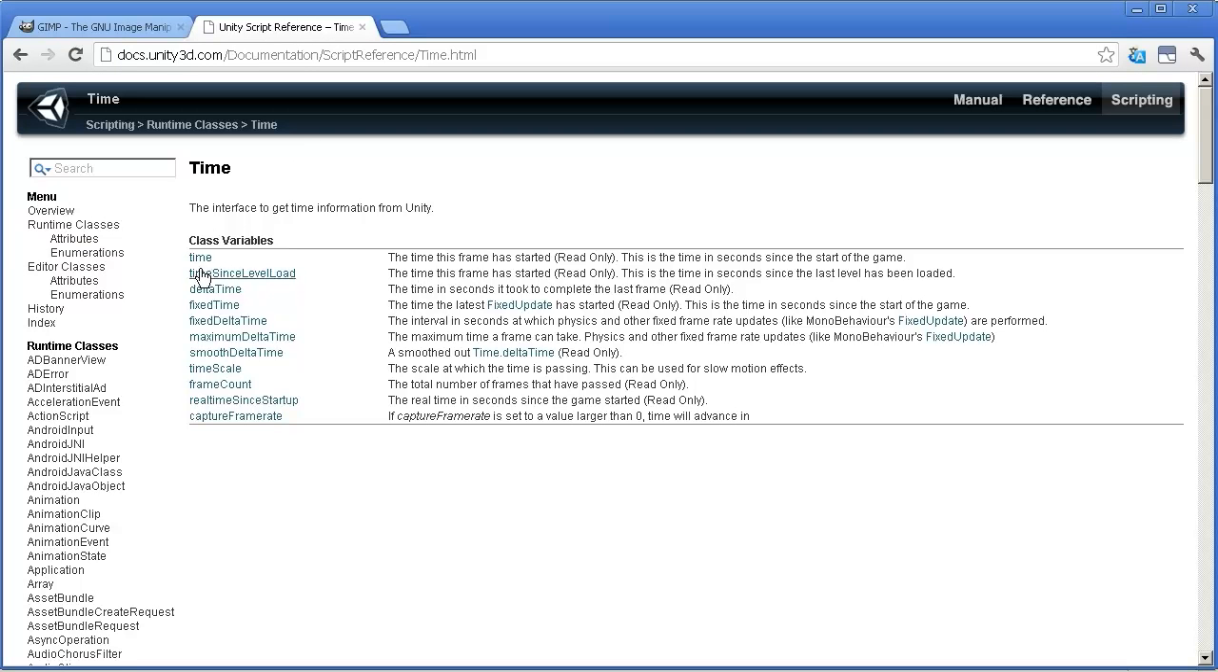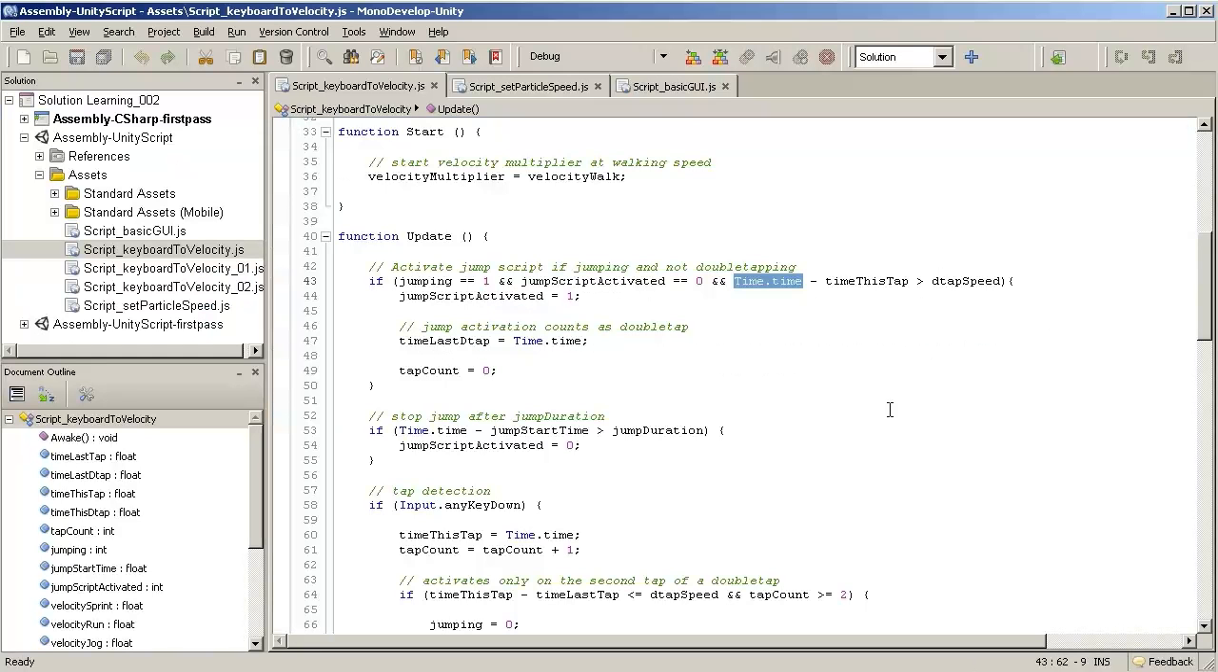So time.time is the time this frame has started. This is the time in seconds since the start of the game, so how long since the start of the game. That's used as a clock in this program. So if the current time minus the time of this tap is greater than the double tap speed, then you